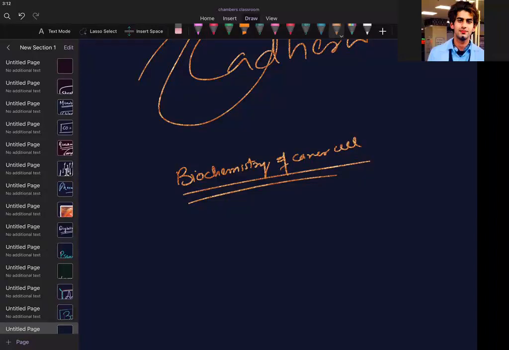First, you will tell me what is a neoplastic cell. Is it monoclonal or polyclonal? What should be the monoclonality? Is it present in cancer cell or not? Yes, cancer cell should have a monoclonal origin. That is, it develops from a single precursor cell. If you have a single precursor cell, you should have that monoclonality.